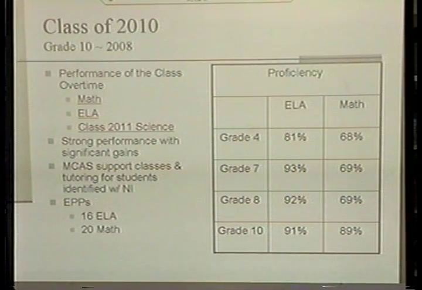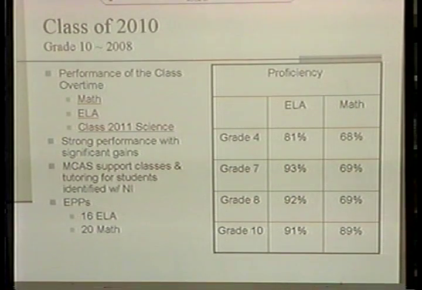So I think our job now is to go back and take a look at why they made steady progress. Why was there such a shoot up in grade 10? Why were we able to put so many kids into the advanced category? One thing we've talked about is that grade 10 is cumulative of the K-10 program. So it's not like you get a brand new set of information in grade 10 and then you're tested on it at the end. It's really the work of everyone who's come before and every teacher that students had in their attempts to teach to the individual, remediate the areas of concern, and move the student forward.